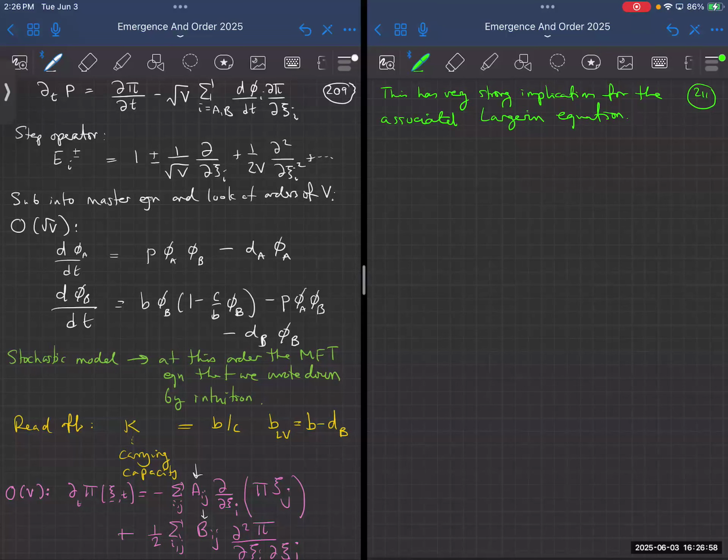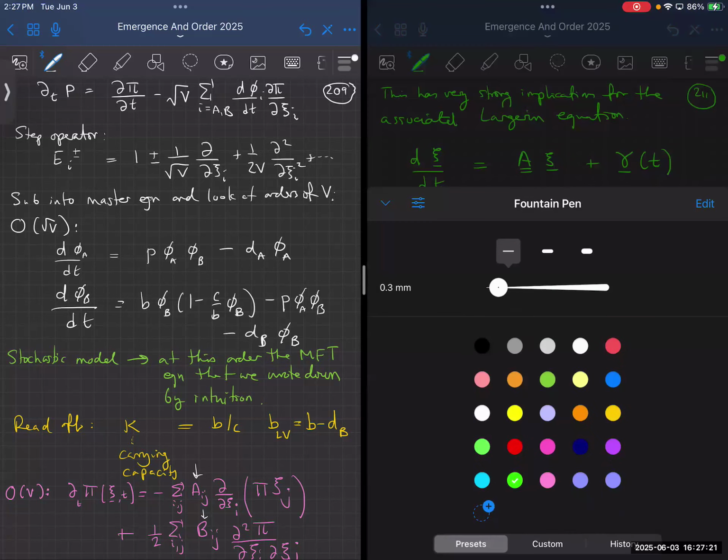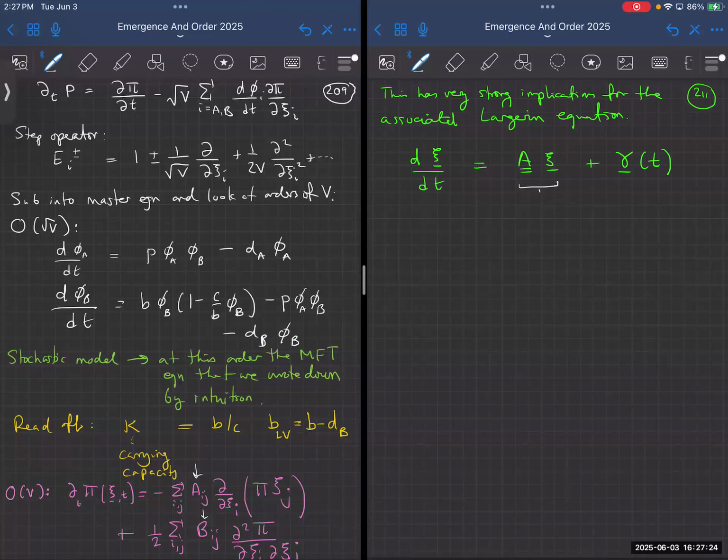So let me write down for you what is the associated Langevin equation. So here's what it looks like. It looks like this, d psi by dt. So this is the derivative of the fluctuations. There's some matrix that depends on psi plus some noise, which I'm writing as gamma. So this is the deterministic part. And this thing over here, this is the noise, and the noise satisfies the following: